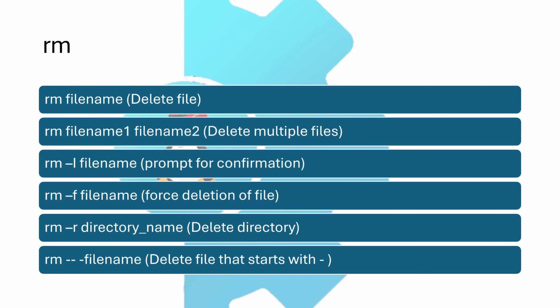Then we have the rm command, which is used to delete files and directories. You can do rm file name, which deletes the file. rm file name 1 space file name 2 deletes multiple files. You can do rm space